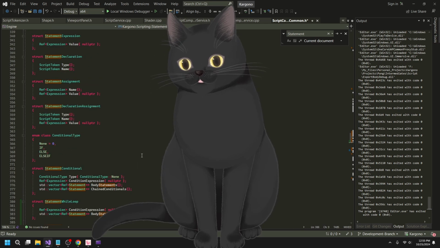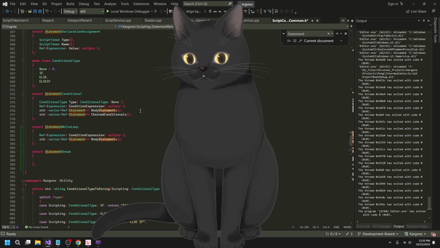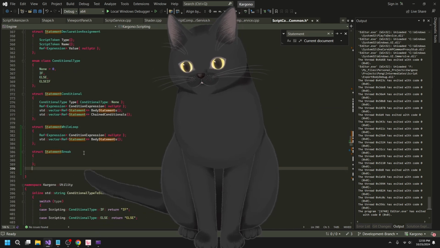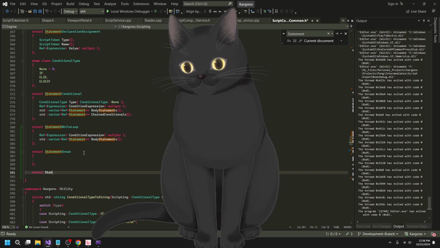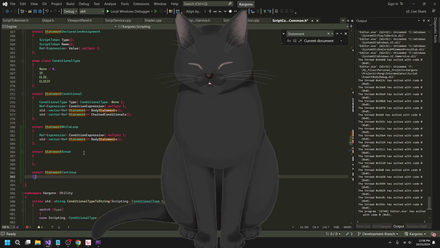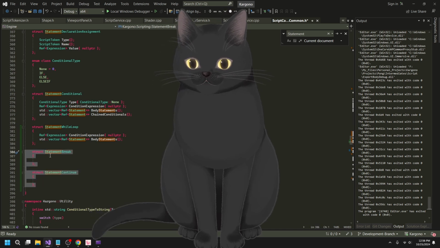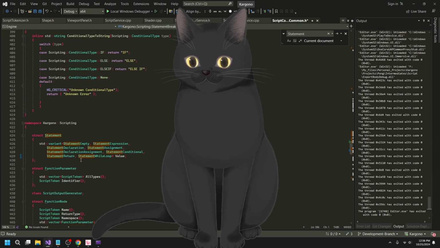I think the return has a return value. Break and the continue. I might lump these together as one type instead of having it like this, but yeah, that's fine.